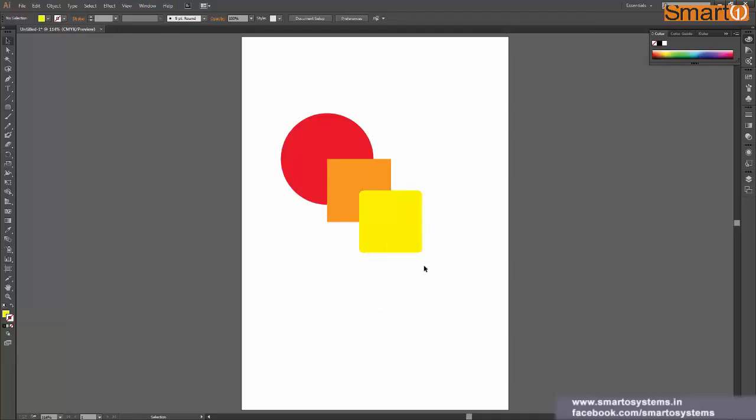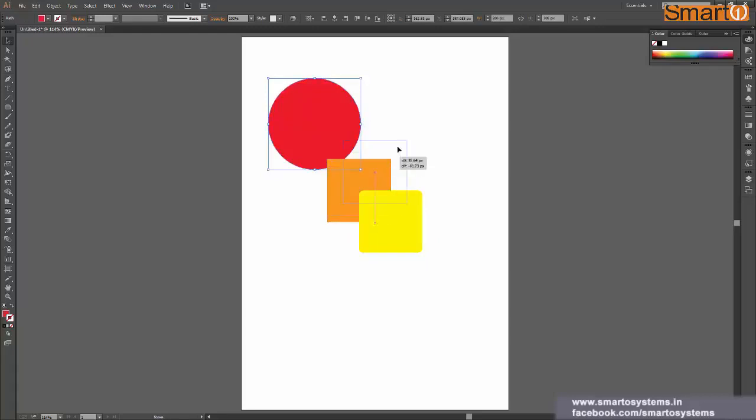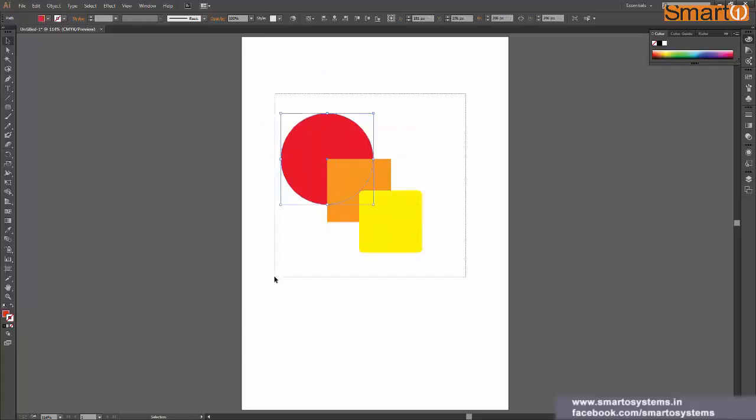Okay, so now if I am to move these shapes, one thing I can do is select these shapes and move around. Now if I want to move them together, I can just drag my mouse, so whatever shape touches this rectangle or falls inside this rectangle will get selected.